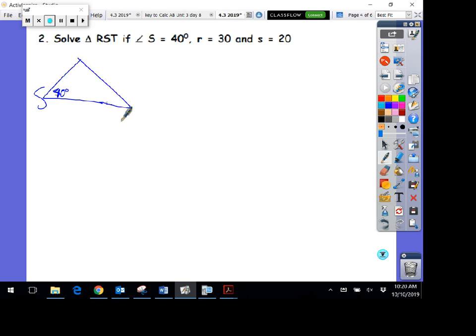The side across from that is 20. Another side is 30, so that makes this R. So that makes this T and this little t. So here we do have a side-side acute angle. So I'm going to choose to use law of cosines because when I do this in law of cosines, I'm